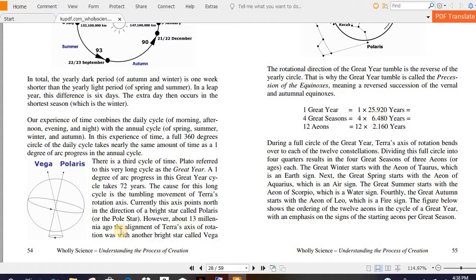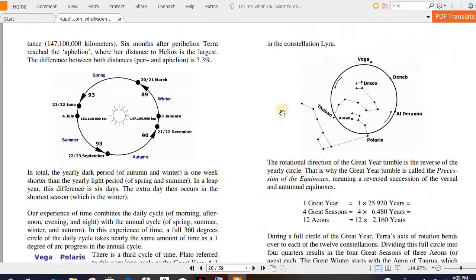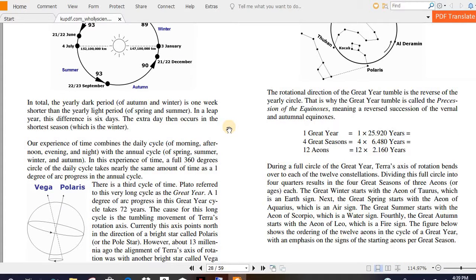However, about 13 millennia ago, the alignment of Terra's axis of rotation was with another bright star called Vega in the constellation Lyra, right here. See Vega and Polaris, they're opposite of each other. And the rotation direction of the great year tumble is the reverse of the yearly cycle. That is why the great year tumble is called the precession of the equinoxes, meaning a reversed succession of the vernal and autumnal